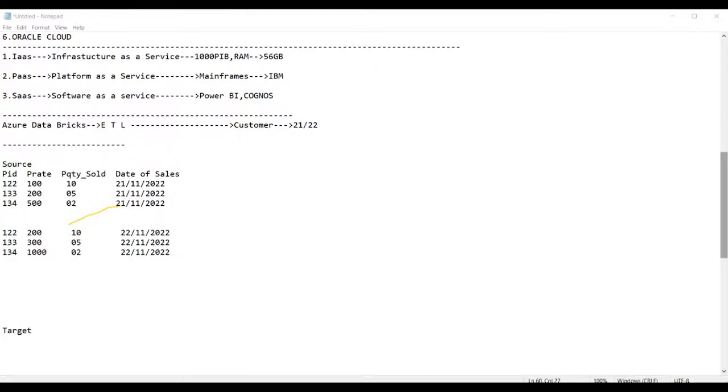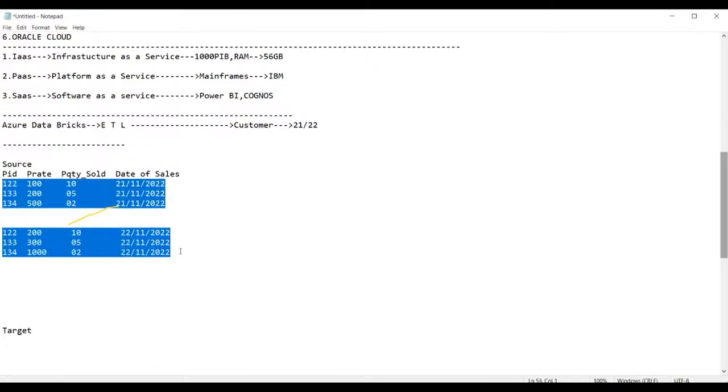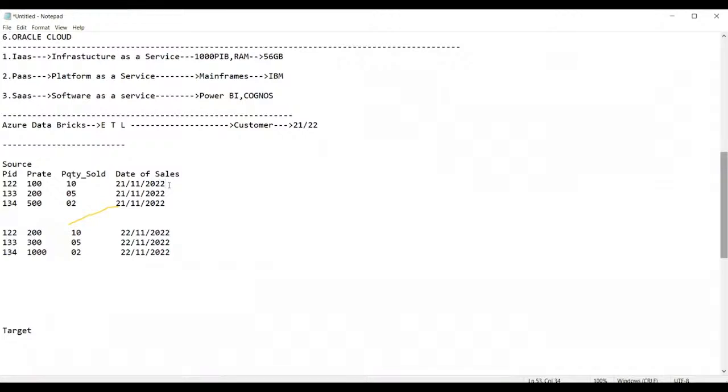Why are you able to say that? Because you have only six records, very simple, small data. You can look at it here and decide. Am I right or not, everyone? But if you have a massive amount of data, suppose each table has 1 lakh records, can you decide by looking into the records? No, not possible.